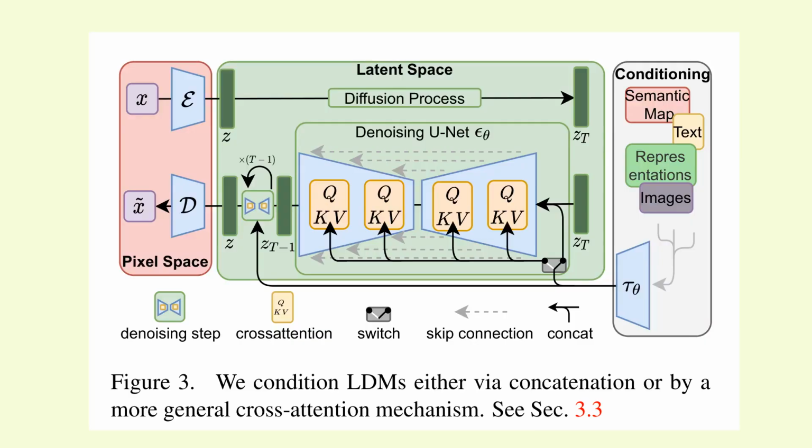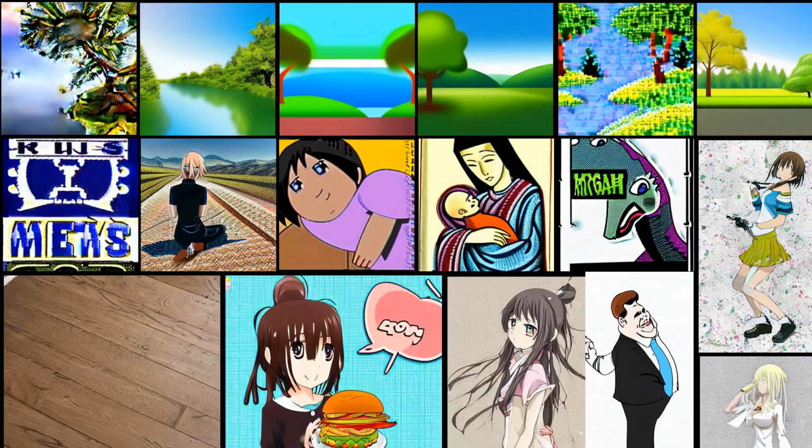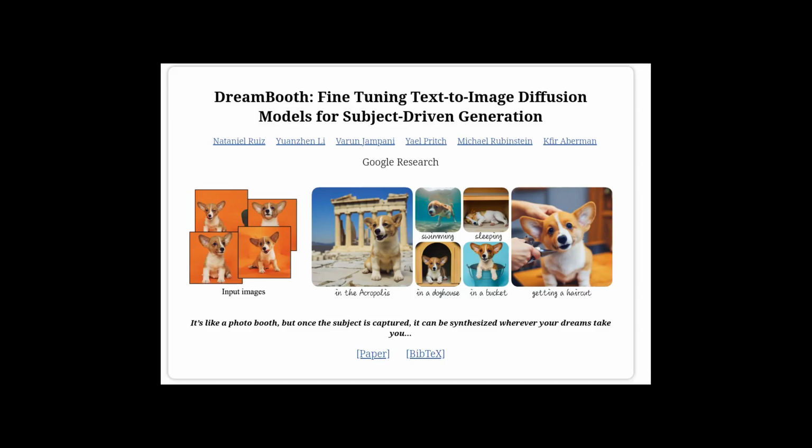So what is Stable Diffusion? It's a pipeline of a few neural networks that creates a picture from a text prompt. Don't be deceived by such a description. Stable Diffusion is flexible enough that it can also take another image as input, or it can be fine-tuned with your own data.